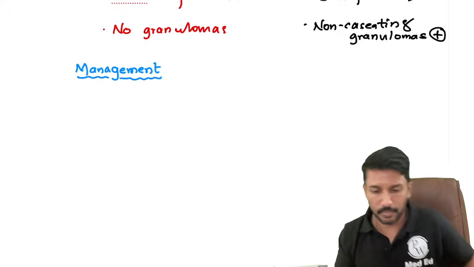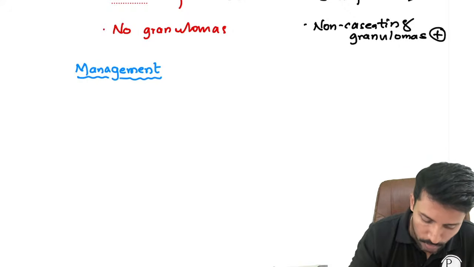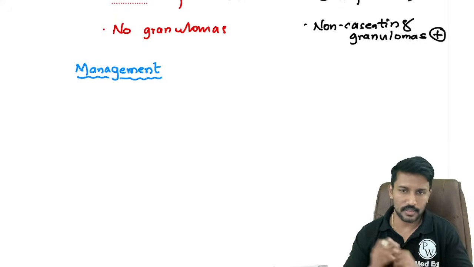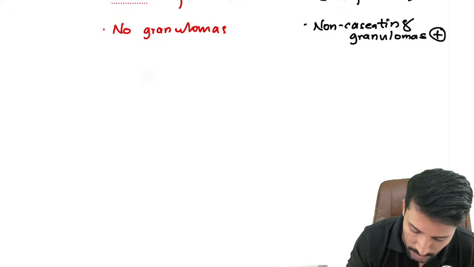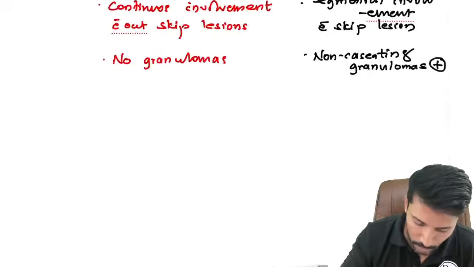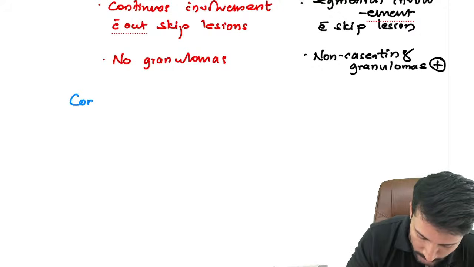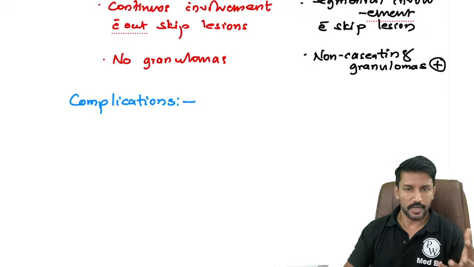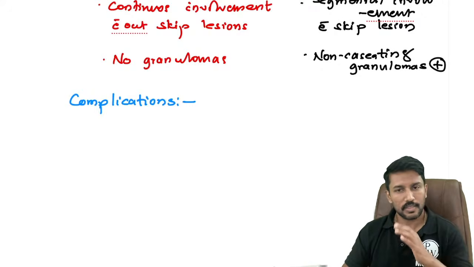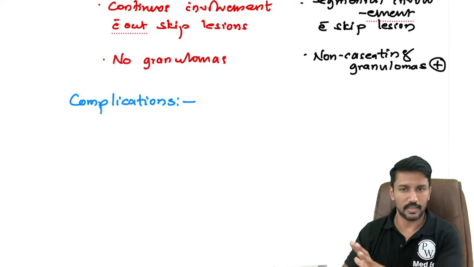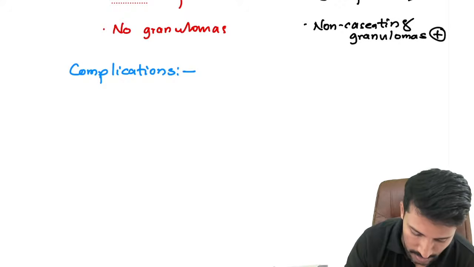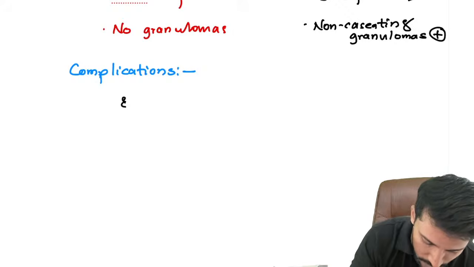Now, how do we manage a patient with inflammatory bowel disease? I have to manage ulcerative colitis differently and Crohn's disease differently. Before management, let us talk a little about complications. What complications can ulcerative colitis lead to, apart from the presenting complaints we discussed? A patient with ulcerative colitis will present with bloody diarrhea, and patients with Crohn's disease will present with fever or perianal fistulae with discharges. But what else can it cause? There are a lot of complications that inflammatory bowel disease can lead to.